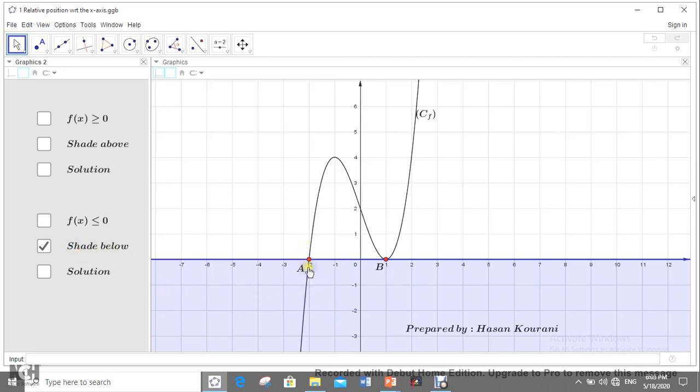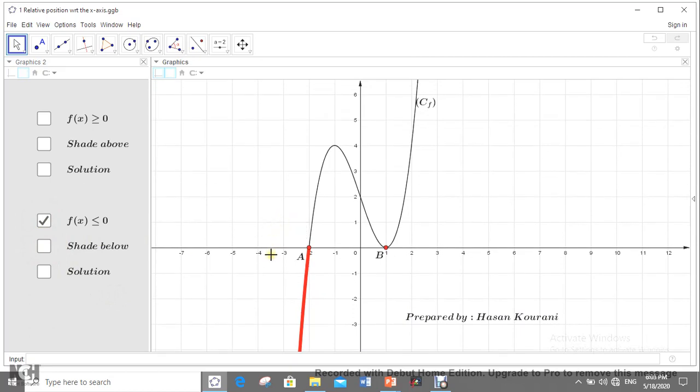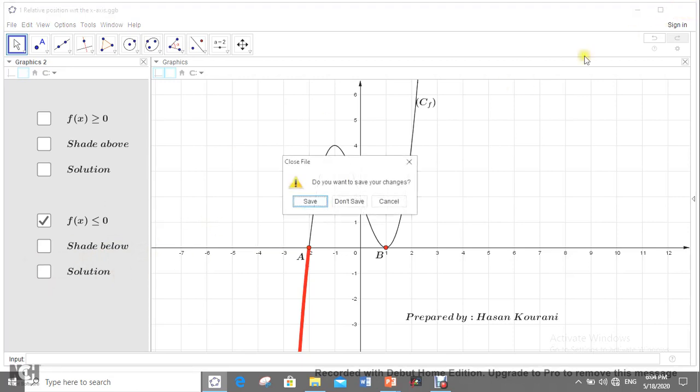The part of the curve that lies under the x-axis will be this red part, and the solution of this inequality will be the x values of these points, the abscissas of these points, which is the interval minus infinity till -2, closed at -2. This is the case. Let's see another example